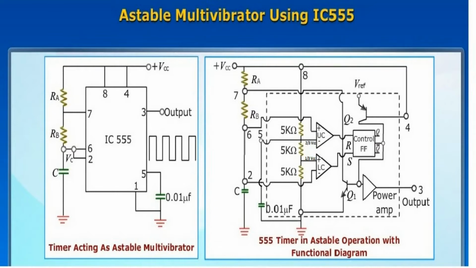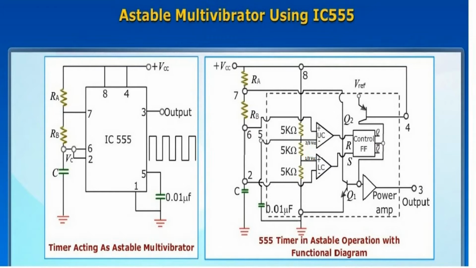The voltage divider network is used to supply the bias voltage to the upper comparator and lower comparator. When a supply voltage VCC is given, this voltage is dropped across the three 5 kilo ohm resistors. The voltage divider network supplies 2/3 VCC bias voltage to the negative terminal of the upper comparator and 1/3 VCC bias voltage to the positive input terminal of the lower comparator.